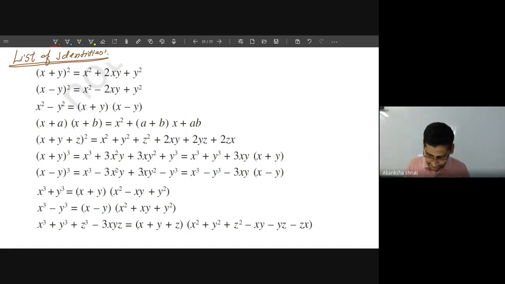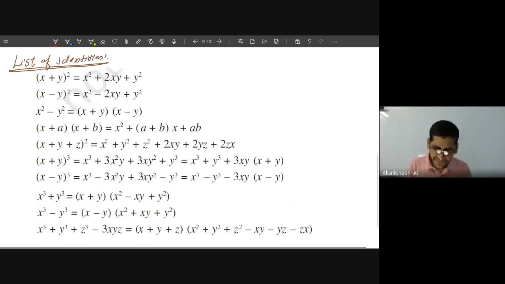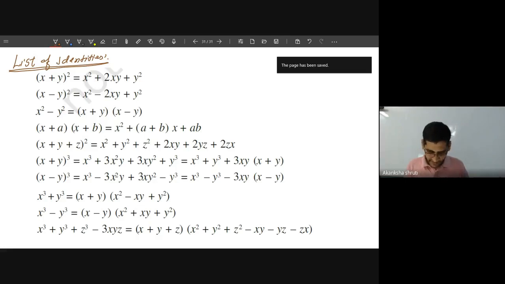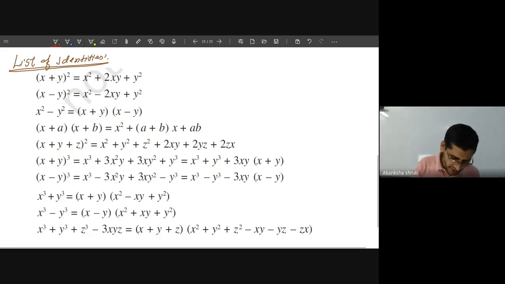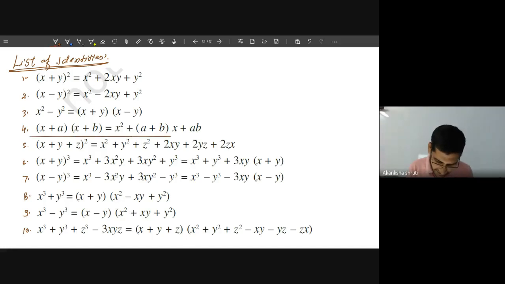Okay, students? So write down the homework. These are the identities that you have to keep in mind. This was the first, second, third, fourth, fifth, sixth, 7, 8, 9, 10. In your book, the reason it has come to 10 is that this one they have taken as an identity, but it is simply your multiplication rule.